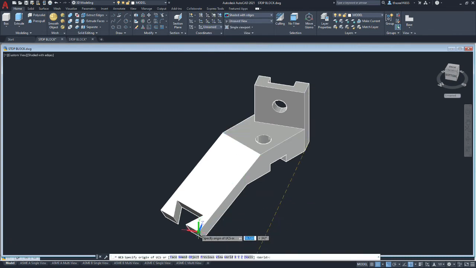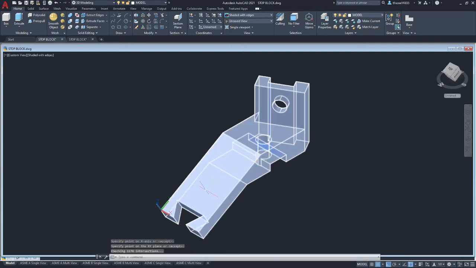I'm going to select the same edges we used originally. So our origin was there with a positive X to the right, and our third point for our UCS.